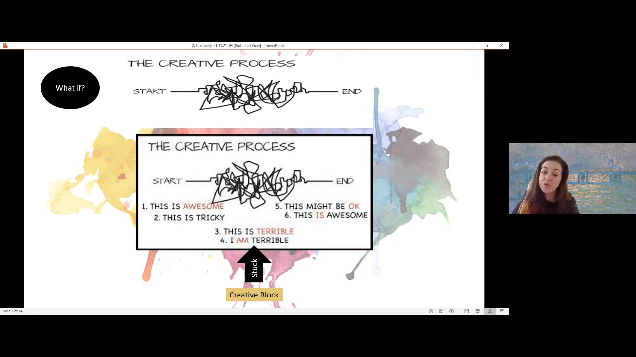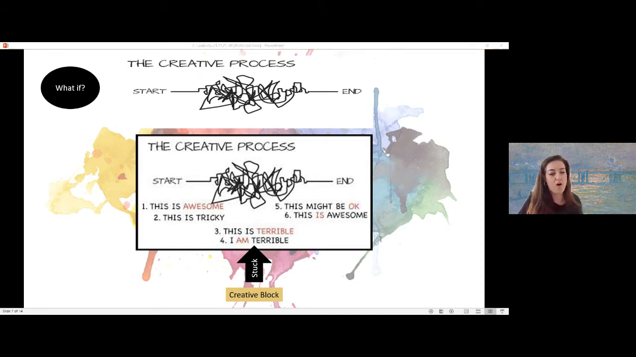So if it was just as easy as going through those 5 steps, everybody would be able to be creative all of the time, but it's not an easy thing. So it's something that you need to practice and something that you need to mentally exercise. But sometimes we get stuck in that bundle in the middle, that step